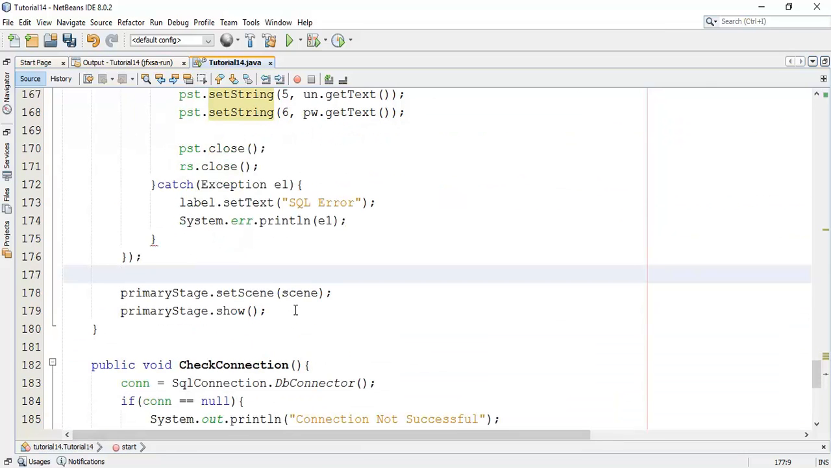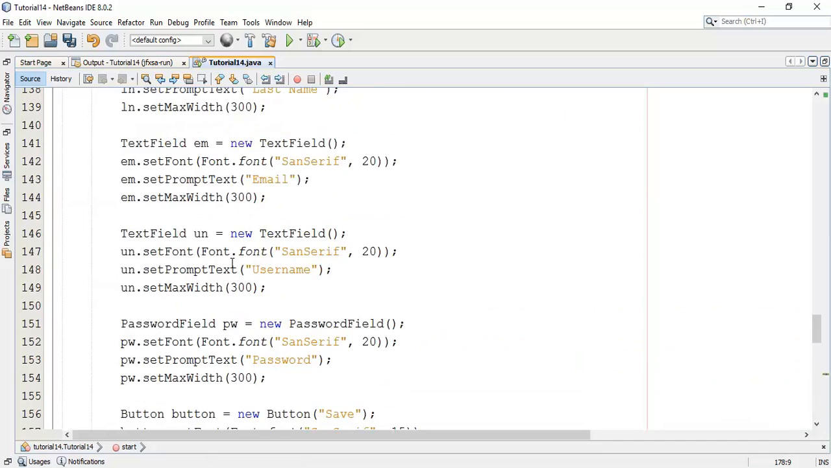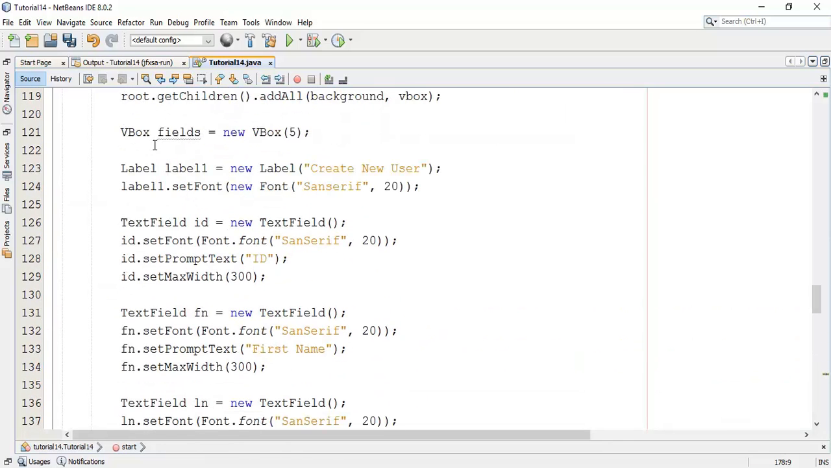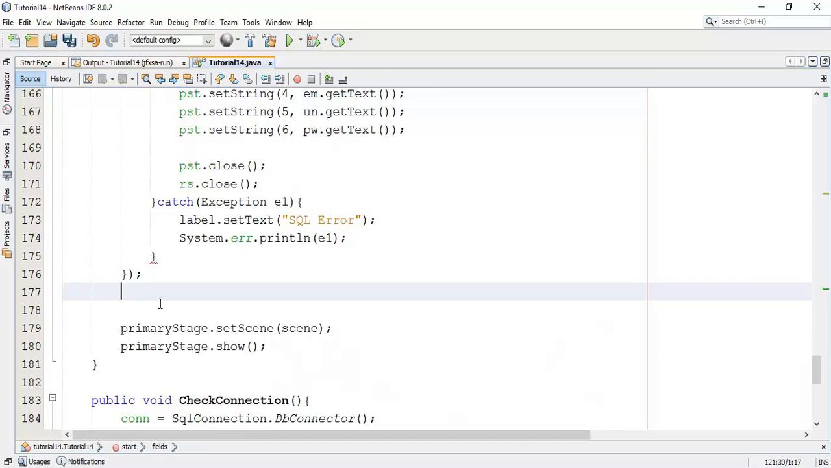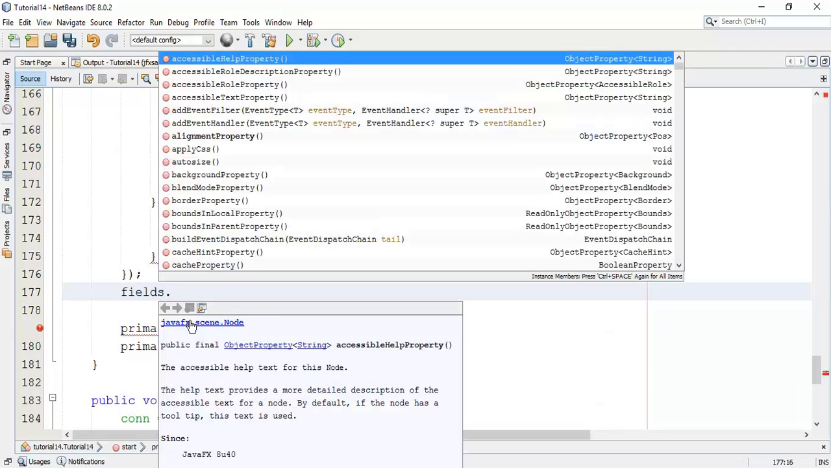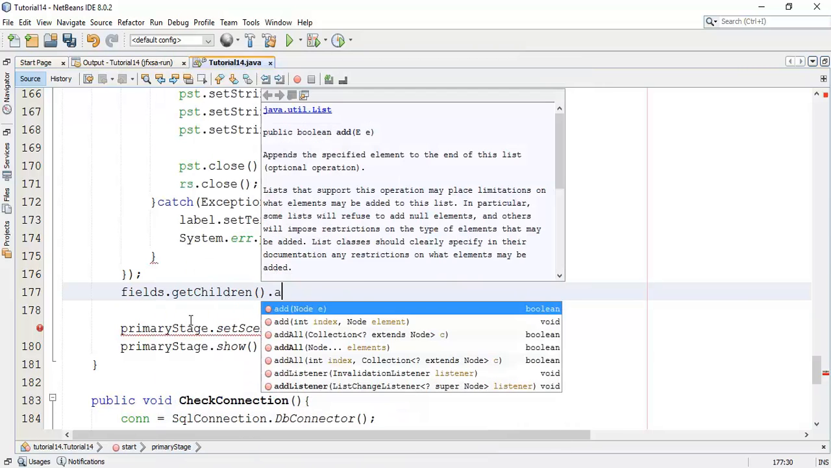So next I am going to add these fields to the layout VBox. We have created a VBox, so we are going to add this text field and password field with a button and label in the VBox. So fields dot get children dot add all